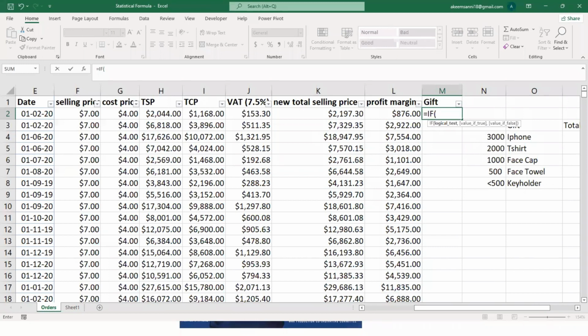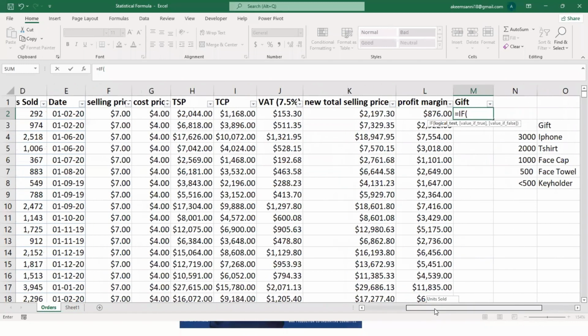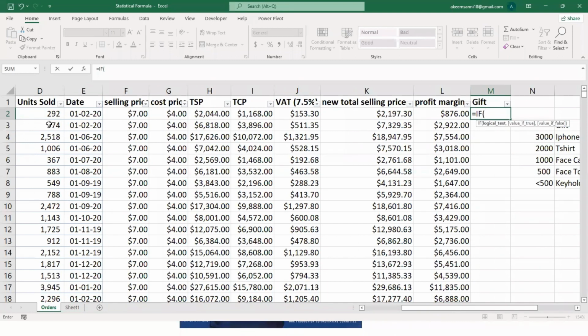Since we are using the units sold, the quantity they ordered, if the content right here is greater than or equals to 3,000, I need Microsoft Excel to write iPhone for that person. So I write iPhone, comma.